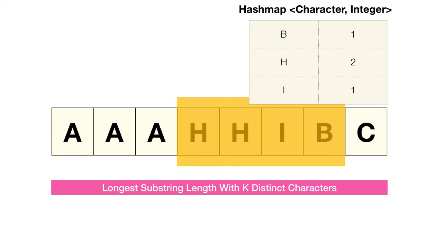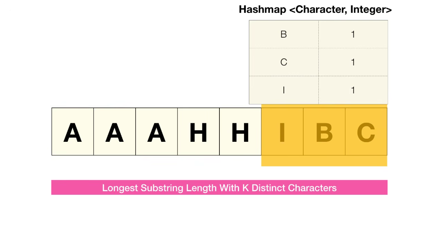We've added B, and we can see that we have violated the constraint, so now we need to shrink H, and it decrements to 1, and now we're still violating, so we shrink it even further. It decrements to 0, so now we say, let's go ahead and remove it completely. So we delete it from the hash map, and then we grow again. And as you can see, we violate again. So we shrink, I goes to 0, we remove it, and the right-hand side has reached the end of the array, so what we're going to do is terminate and record the maximum length substring we have found thus far, which in this case would be 5, corresponding to